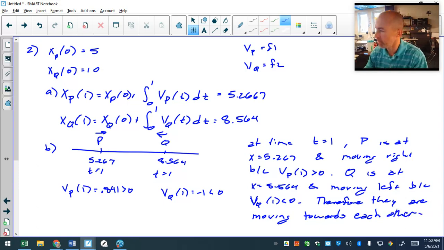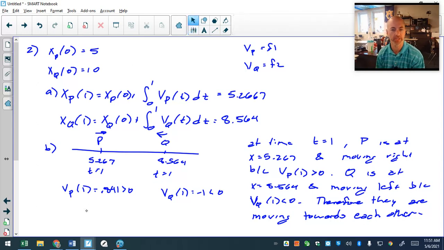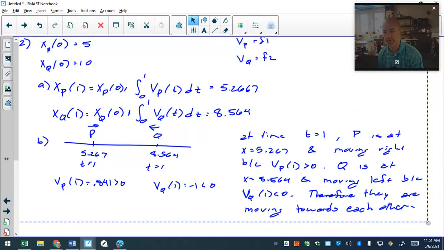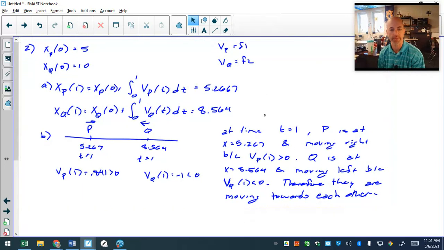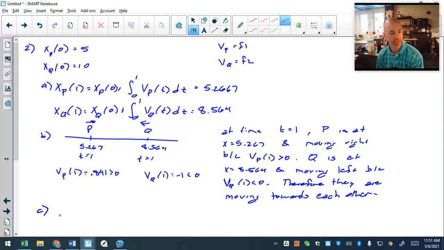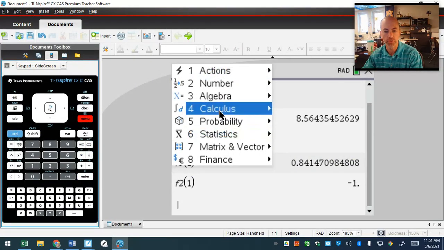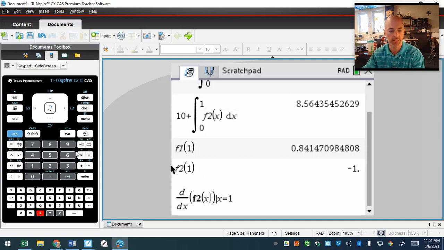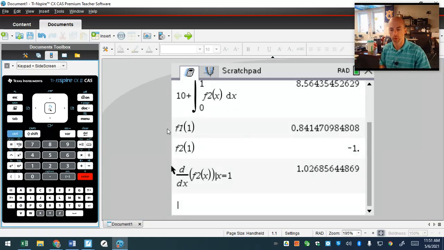All right, so number C, find the acceleration of Q at time 1. Is the speed increasing or decreasing? Holy cow, that is easy. I like these questions. So far, despite the wordiness, these questions for number 2 are fairly predictable. They're fairly nice. Hopefully you felt the same way if you took the AP exam. So for part C, the acceleration of Q at time 1 we'll do in the calculator with the derivative at a point command. So menu, calculus, derivative at a point. I'm going to plug in 1 to the first derivative of f2 of x. Hit Control Enter, and we get